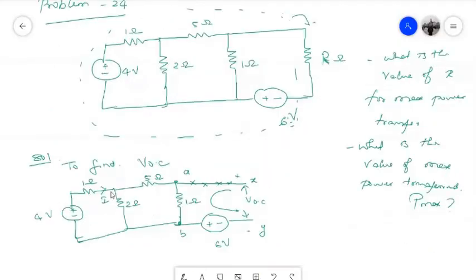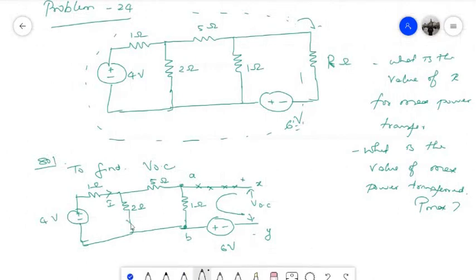So you can also use nodal analysis to solve this problem. It's up to you. I'm just showing you another way of solving it, and this is not the only way to solve the problem. Let's say I will take this current as I1 and this current as I2. And as I told you, this terminal is open circuited, so you can discard this part of the circuit where I have made the cross mark.